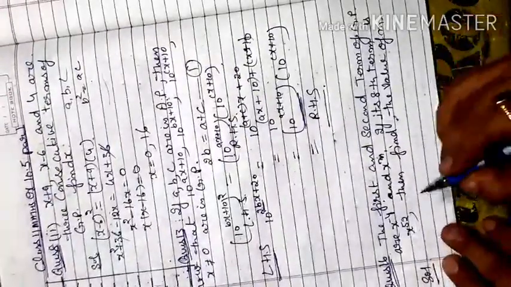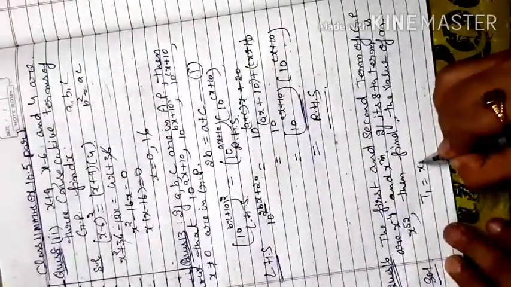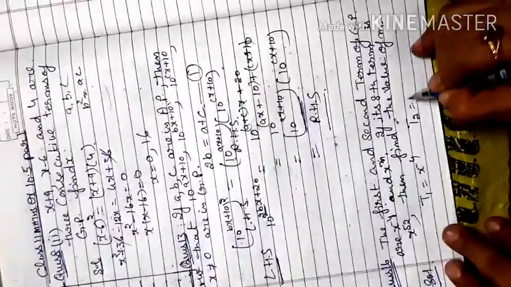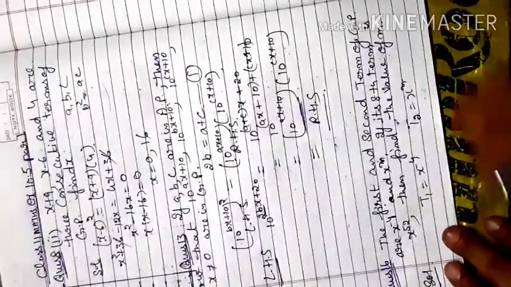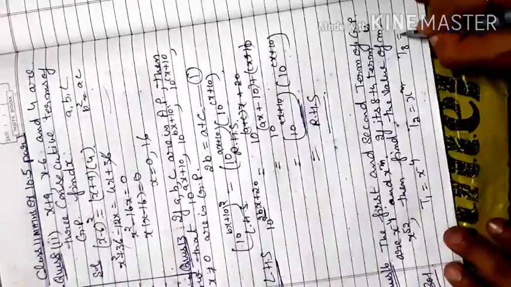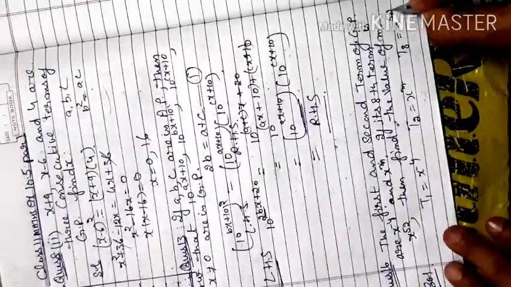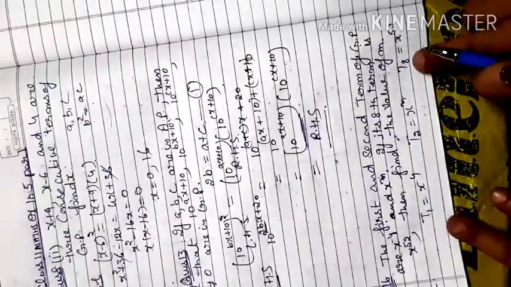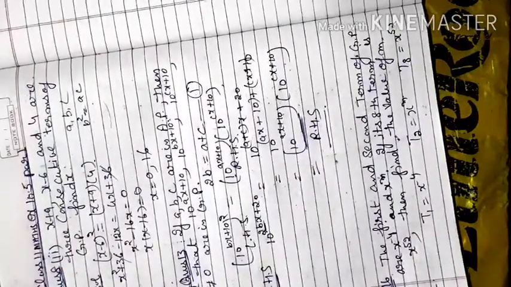You have been given the first term as x raised to power minus 4, the second term as x raised to power m, and the eighth term as x raised to power 52. You have three terms given to you, and you have to find the m value from that. So first I will open all these three terms, t1, t2 and t8.